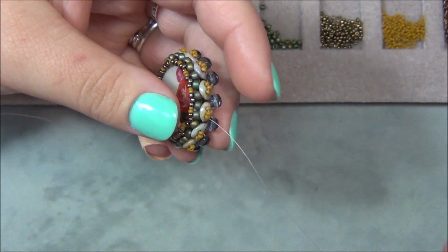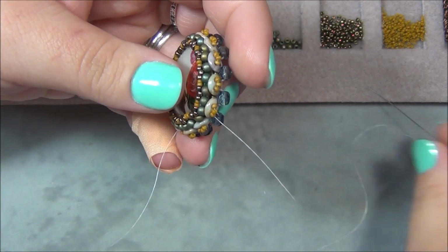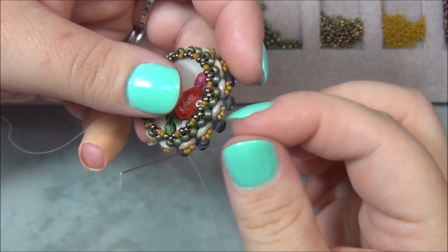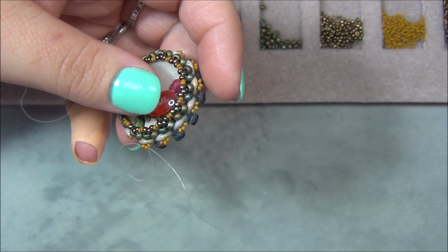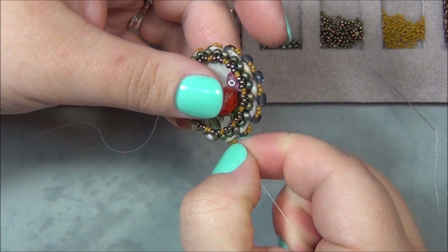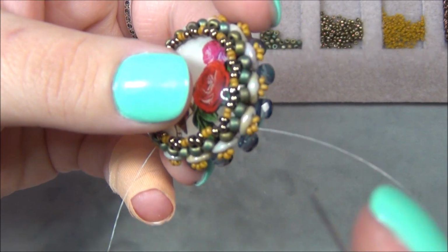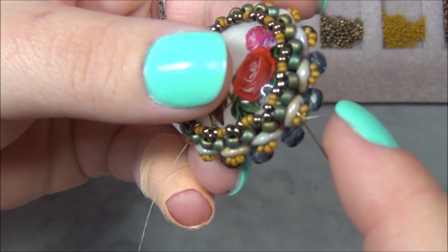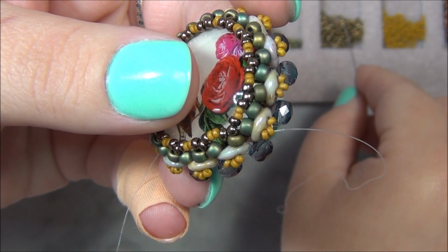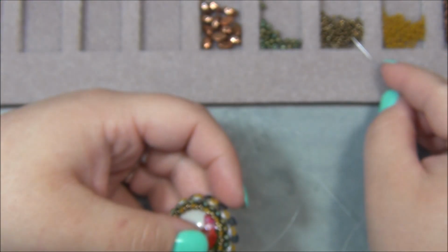okay, and pull this tight as you can get it, and then go through these two 15-ohs right here like that. Pull everything tight again, and now I'm exiting, is what I was trying to say, out of the center 15 right here. I keep swapping them, but the yellows are 15s and these are 11s. Sorry about that. So coming out here, I'm going to pick up 1 11